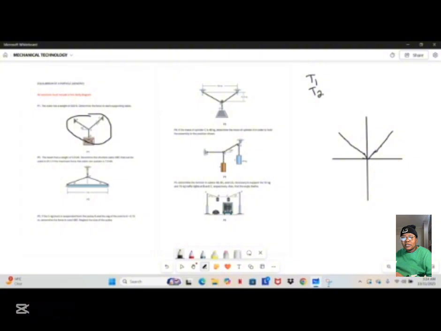As you always know, every force which is a cable is always tension, which includes a rope or cable. It's tension. And here we're told to determine the force in each supporting cable, which means we're on the right track. Okay, let's proceed. As we know, in equilibrium of a particle we don't have acceleration, we're going to be dealing with